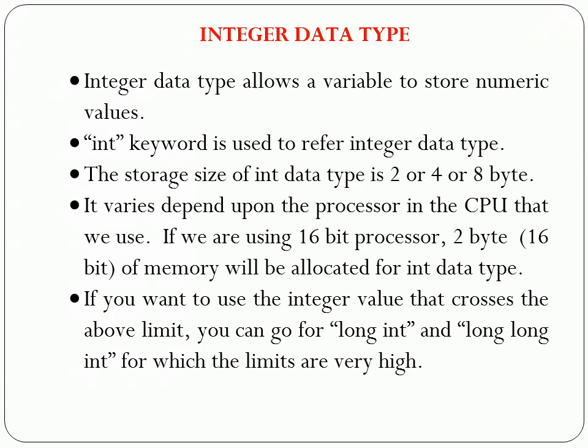Okay. The point to be noted is we cannot store decimal values using the integer data type. If we use integer data types to store decimal values, they will be truncated and we will get only the whole number. In this case, the float data type can be used to store decimal values in variables.